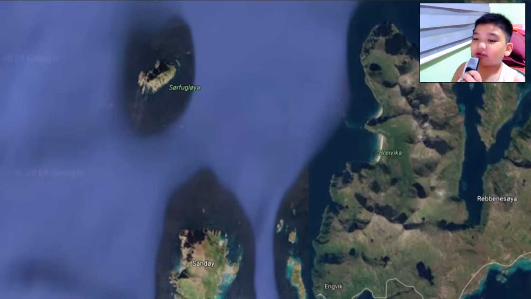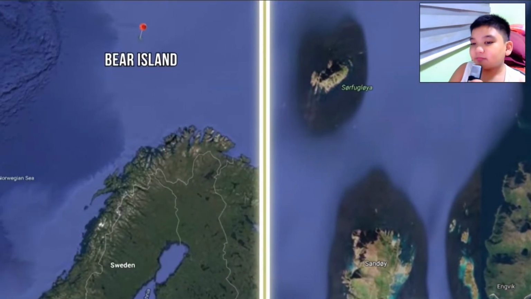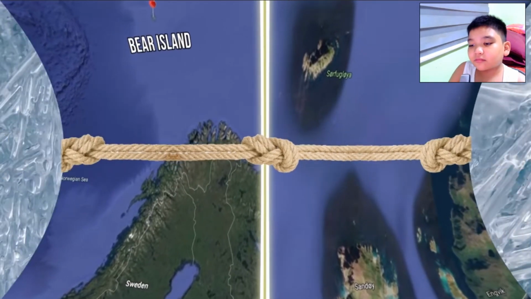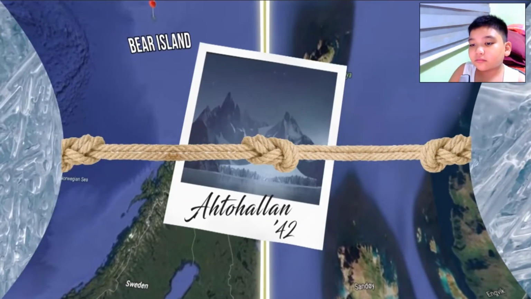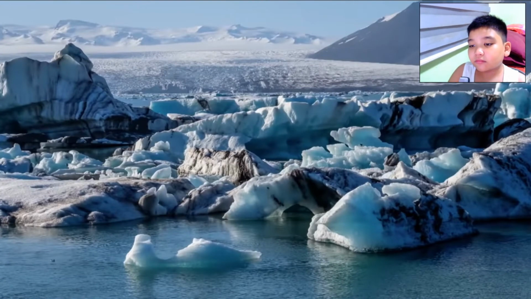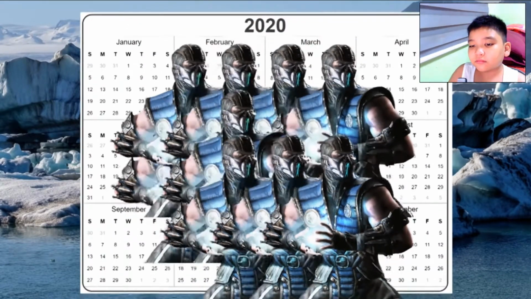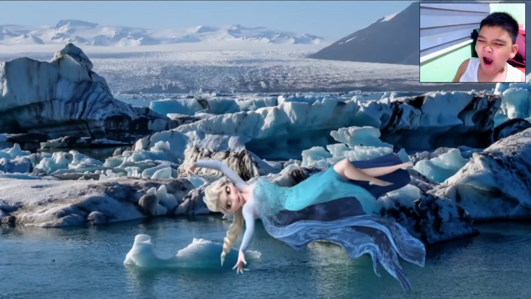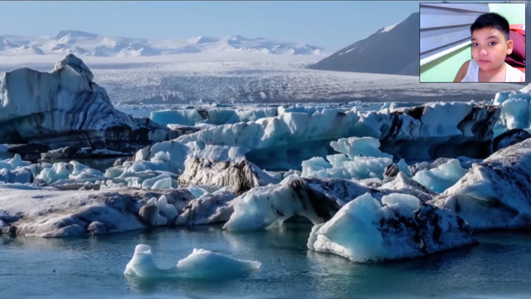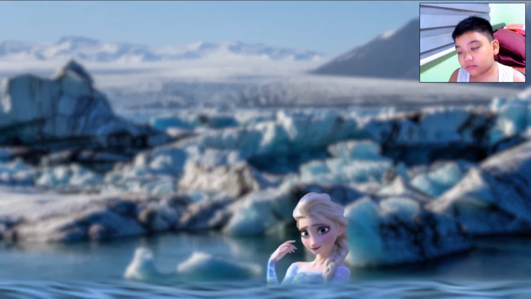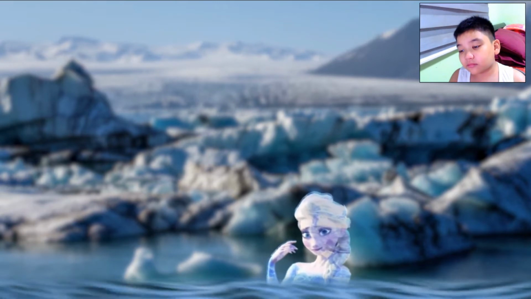There's also possibilities like Bear Island up here, but they all function basically about the same, so just loop them all in as potential Ahtohallan stand-ins. Interestingly, all these types of islands tend to have sub-zero temperatures at least 9 months out of the year, meaning that when Elsa likely lands in Ahtohallan, the temperature is going to cause water to freeze directly onto her skin immediately. On top of that, she's facing ocean winds, which will give her a wind chill effect, making it feel